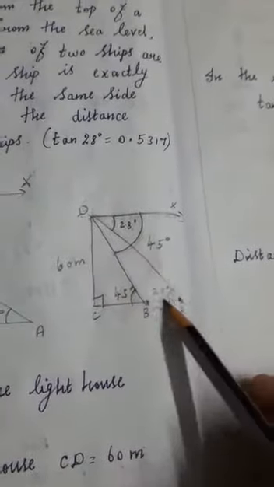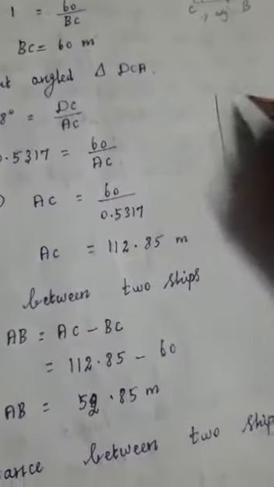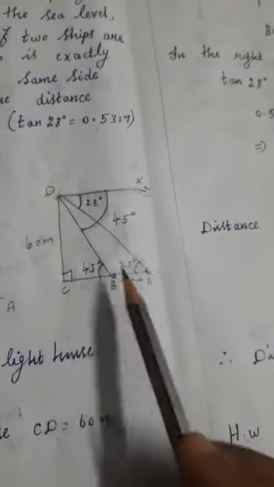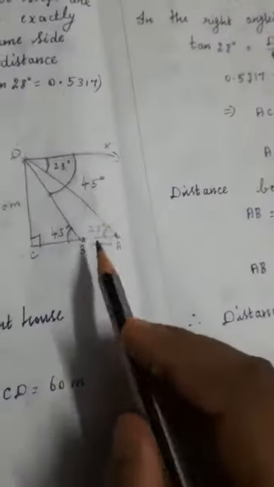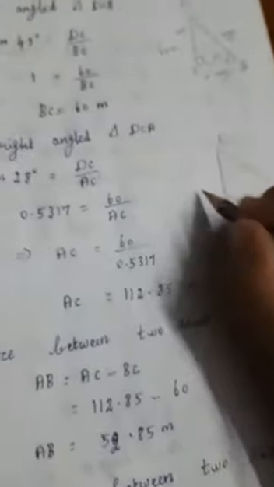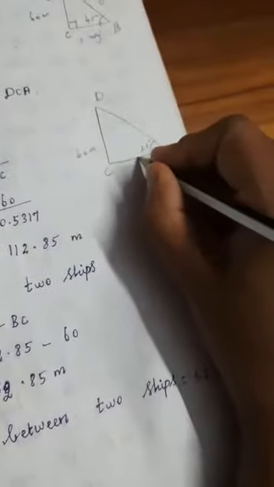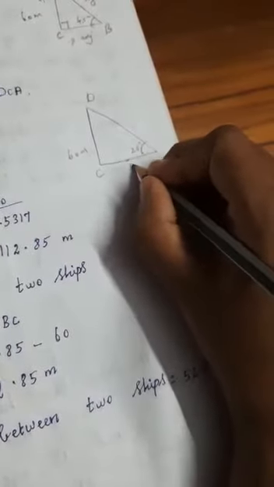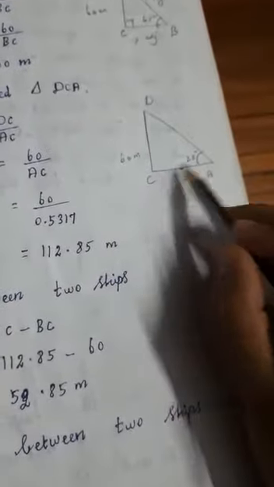Okay, so the next one, the next right angle triangle, that is the full right angle triangle. So I'm drawing it separately. So this full right angle triangle name, what will it come, DCA. Okay, so DCA, the angle, full means this angle only, so that is 28 degree. The next one here 60 meter, you know that. Okay, so this distance, here B also you have. So in between point B we have, so AC.